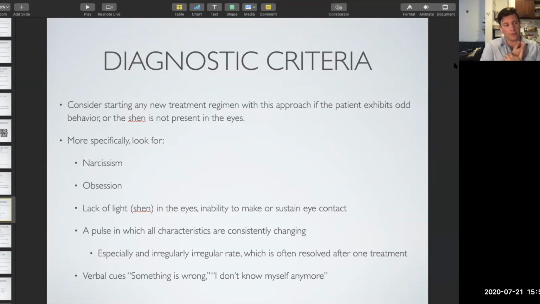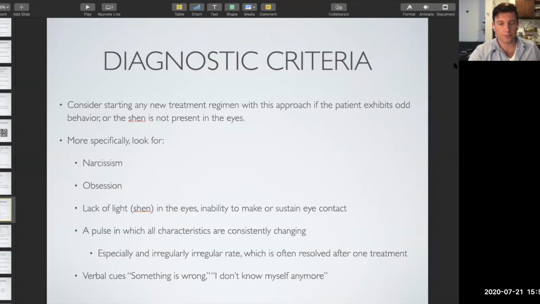As you feel the person's pulse, it's like, oh, that's kind of rapid. Now it's normal. Okay, so there's a lot of excess here. When excess is going away, okay, it's kind of deficient. As it keeps changing, especially if the rate is irregularly irregular,